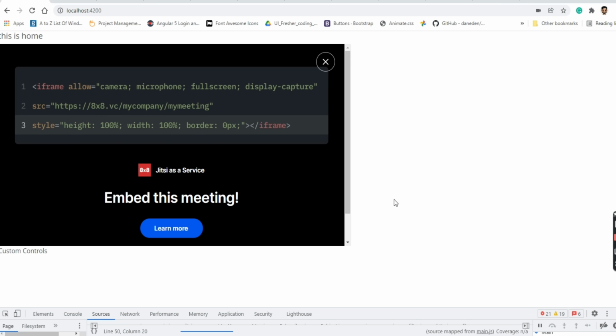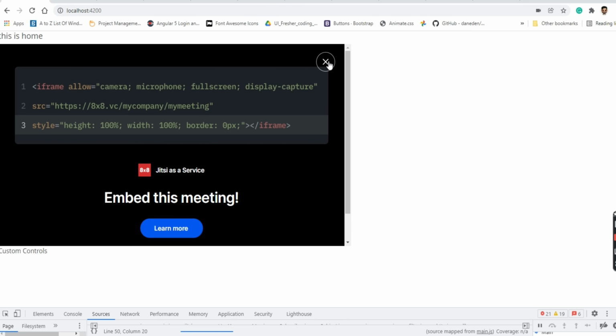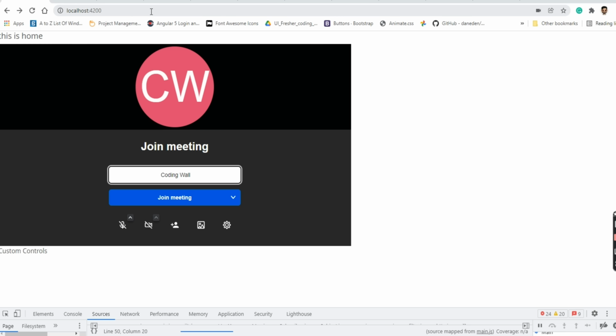Okay, so in this way we can integrate meetings, and in the upcoming video I will show you how to remove all this, and set exactly the way the meeting works. I think it is not that tedious compared to EduMeet and, what do you call, Zoom meeting. Because in that we need to simultaneously create an application, we need to run a node application, and we need to give a URL for that, and we need to run there.